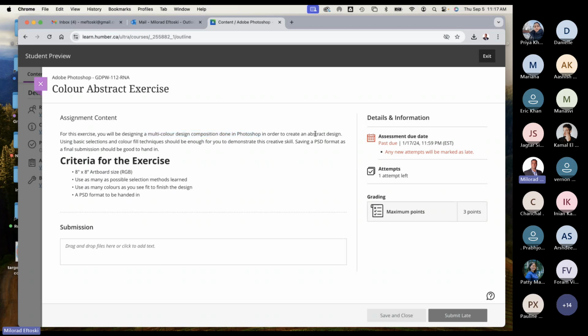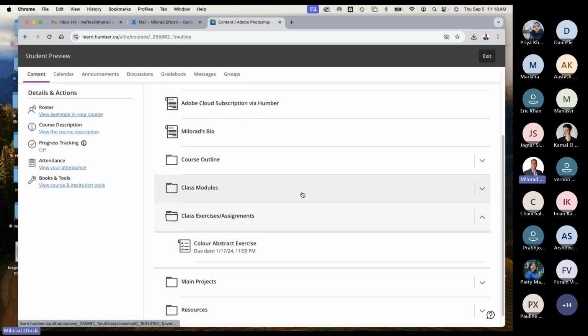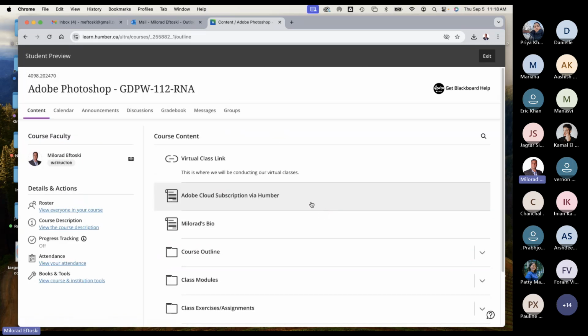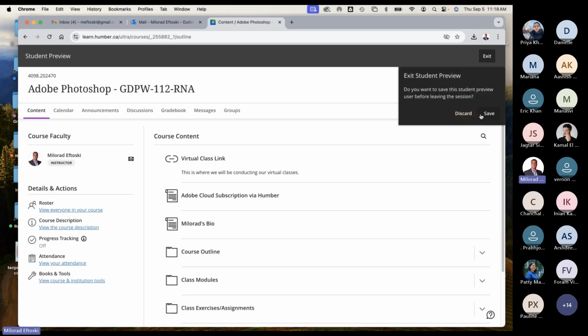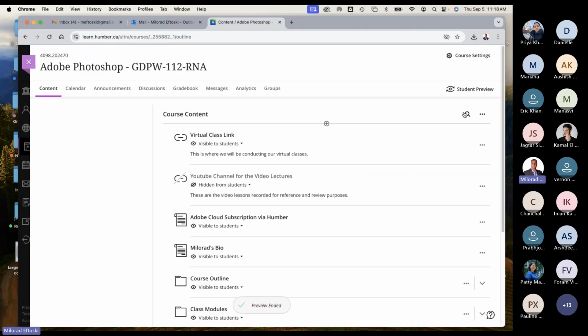In order to create an abstract design, using basic selections and color fill techniques should be enough for you to demonstrate this creative skill. Saving a Photoshop format as a final submission should be good to hand in. Okay, so that's what you're going to be doing for this assignment. This is due next week, so I do want you to practice a little bit. And you have next week till the end of the day, so you have another class before this is due, okay? But I will exit this now, and I'm going to go to my